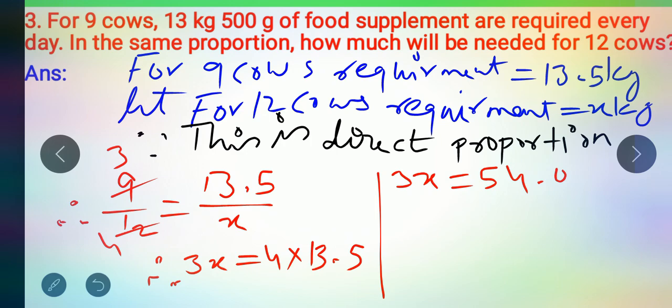54.0 will be the answer. Now this 0.0 is not required. No need to write 0.0. So I'll remove this 0.0. I'll take it 54 only. Here we'll change the side of 3. When you change the side of 3, it will go in the denominator and we'll get x is equal to